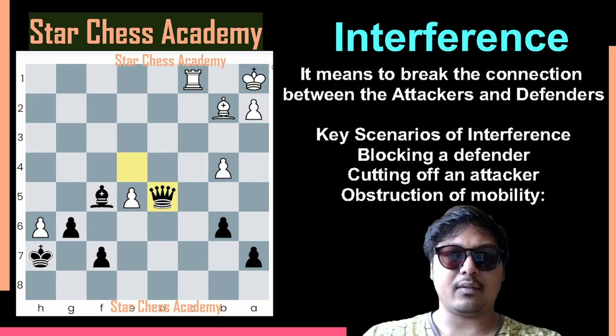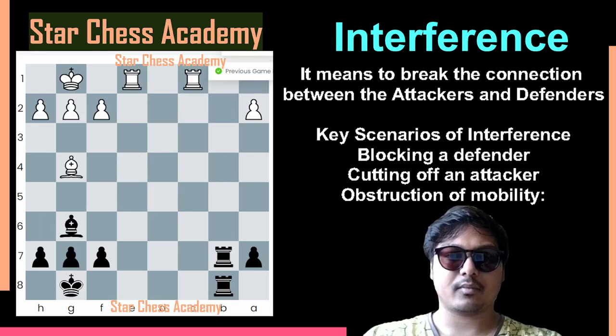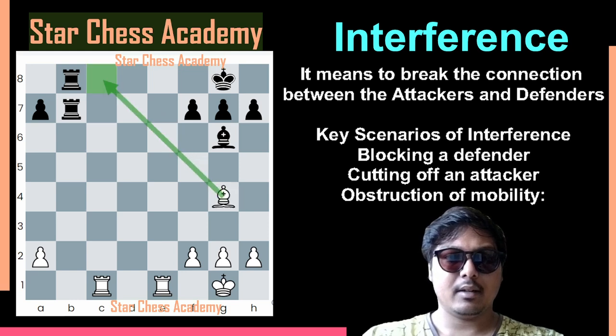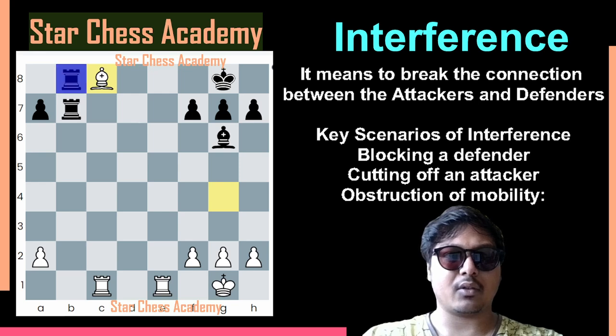So we can say that we can use the interference chess tactics to get the material or to get the checkmate. Next, white to play here and win the match. Of course, we can play bishop to c8 because we broke the connection between the rook and the king,